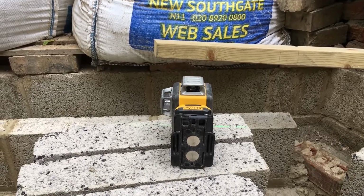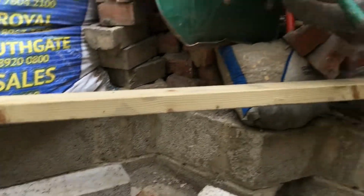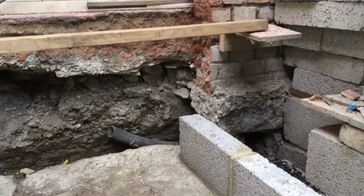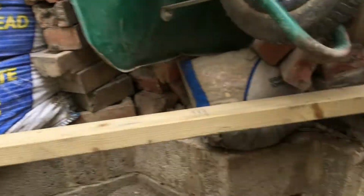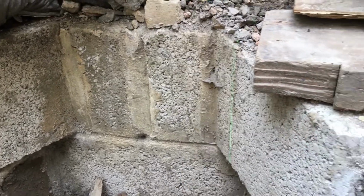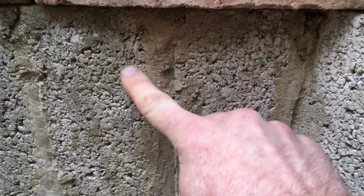Then I move my laser level across, set it anywhere I like, line it up with the mark on the timber at this end, and do the same on that end. And now I've defined this plane here, and I can go to my retaining wall and make a mark anywhere that's convenient. Once I have a set of marks on the retaining wall that define my vertical planes, I need to set